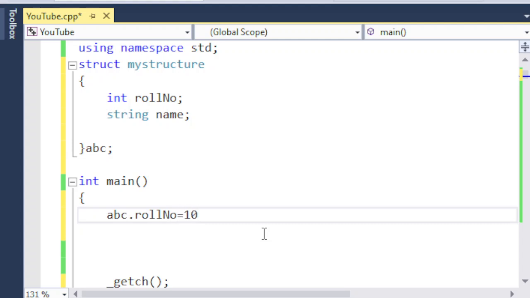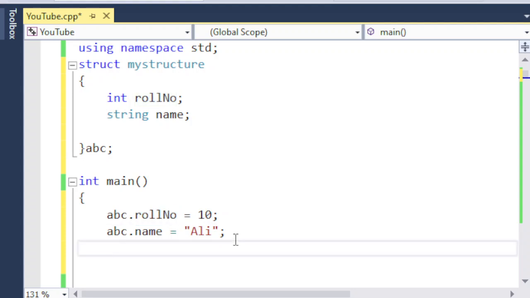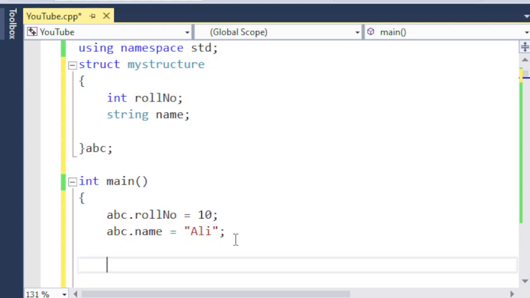Now I am going to assign a value, and similarly we want to assign a value to the name. So here I initialized the structure member using the name of the structure variable, then the dot operator, and then the member name. So similarly, if I want to print these values,